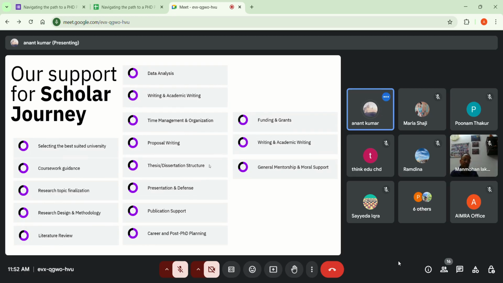We'll do career and post-PhD planning, which is very important. We'll give you job options, maybe other project options after you complete your PhD. Funding and grants: if some student wants a fellowship or other grants, we'll guide you on that.